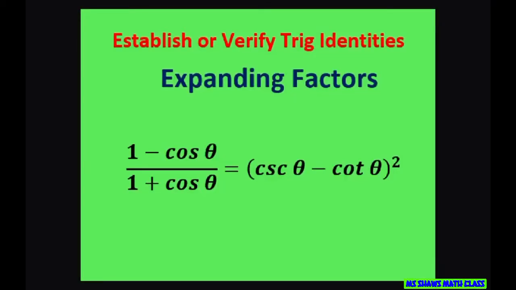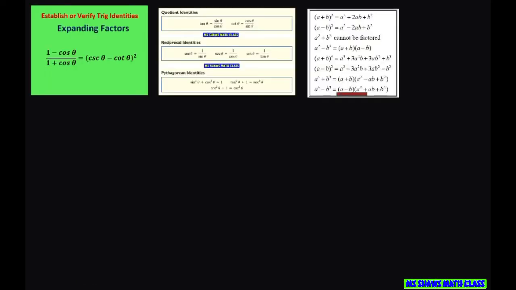One, we're going to verify trig identities. This one here looks like it is already simplified in terms of sine and cosine. So what we're going to do is work on the right-hand side of the equation and simplify this and write everything in terms of sine and cosine. It has this form